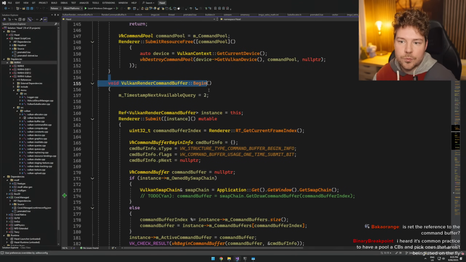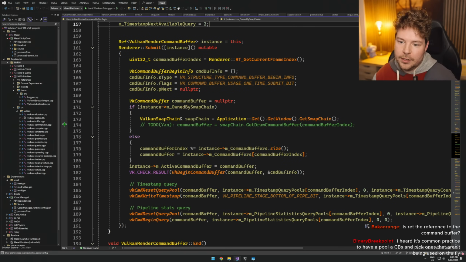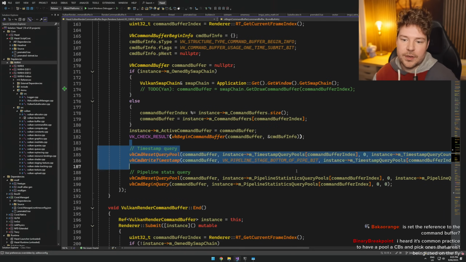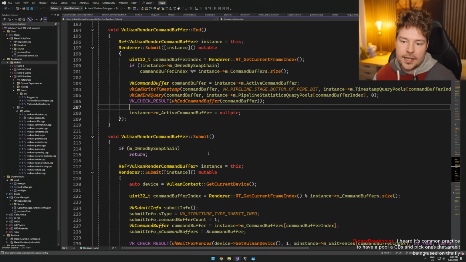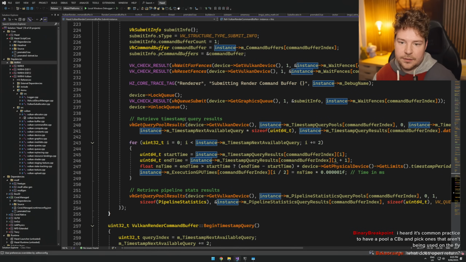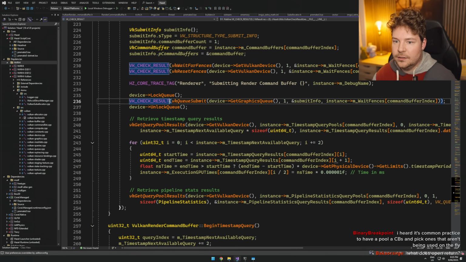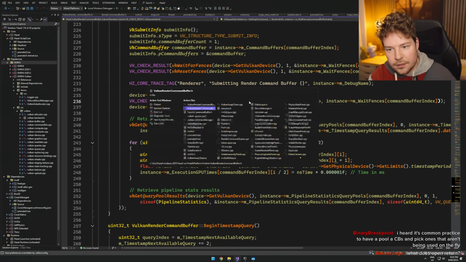And obviously when you begin the command buffer, it doesn't create it or allocate it from the pool, it just does VK begin command buffer. Then you can start writing commands to it. When you do end, it does end, and then you do submit, and it submits it to the queue. That happens somewhere here. Yeah, vkQueueSubmit, right? So that's the behavior that I would kind of expect. But